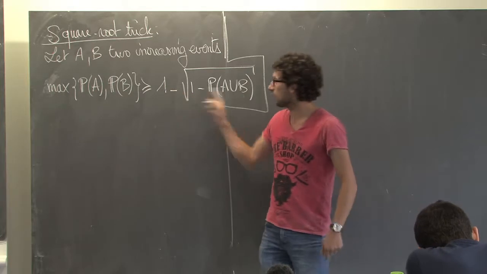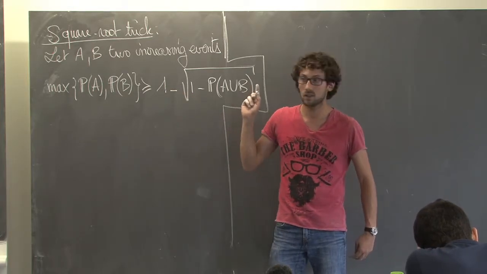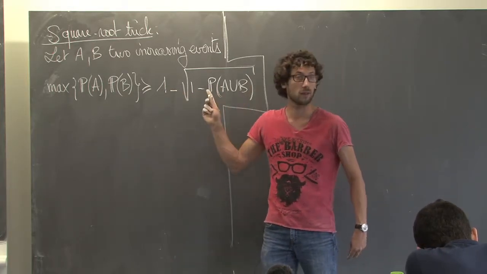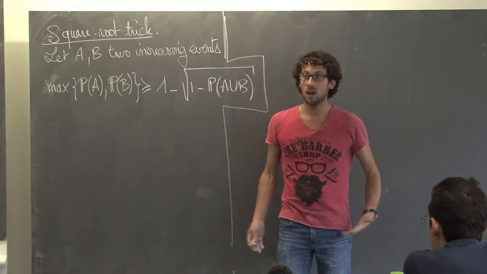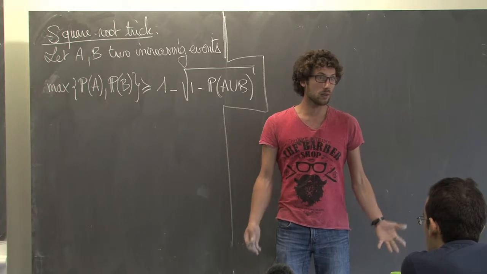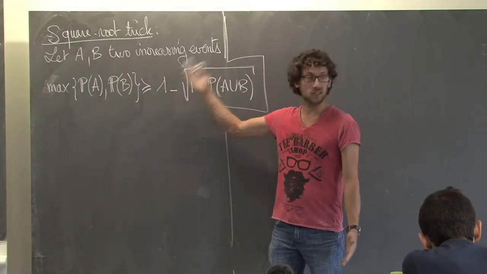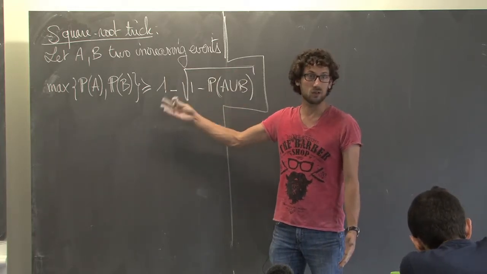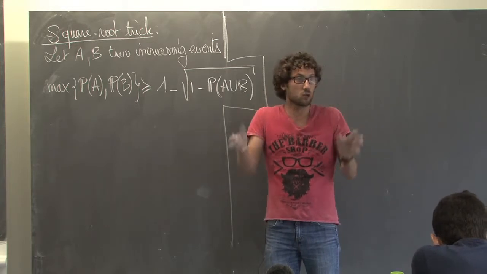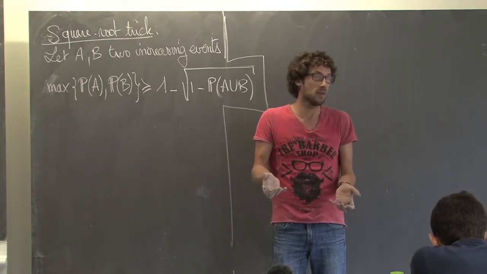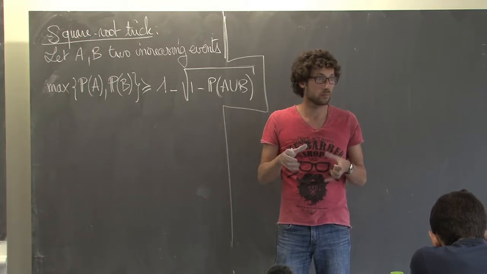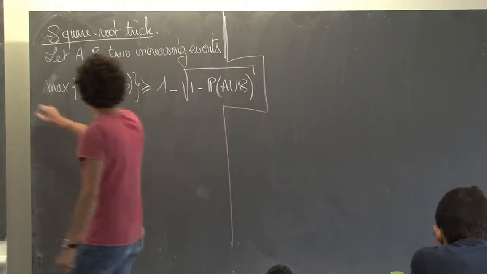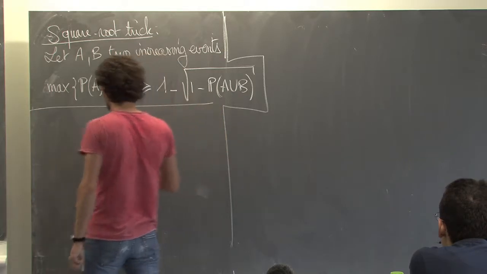Instead of having a bound which is close to half, it's close to 1. So this is going to be typical when you are working with events which have probability close to 1, and they are increasing. You can always use the square root trick: if you decompose it into smaller events of, say, the same probability, all of these events have probability close to 1. So square root trick to remember, and the proof